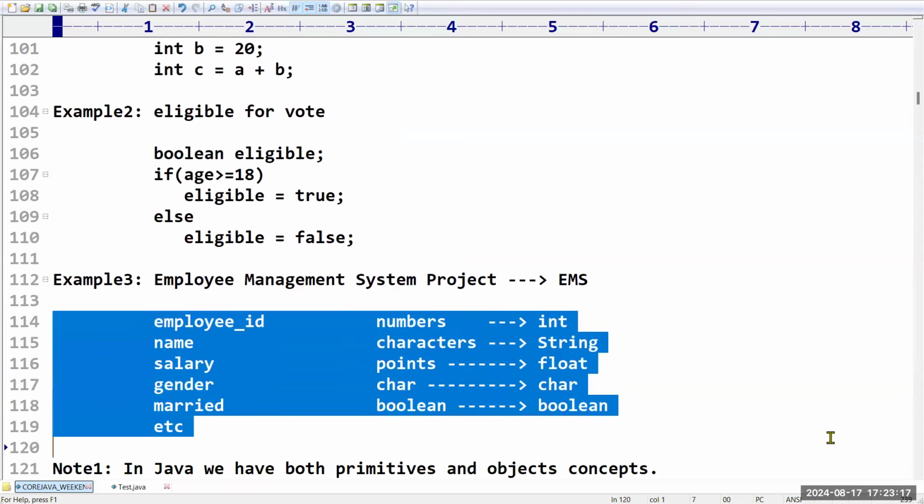Even if you take an employee management system, employee ID should be considered as integer. Employee name is going to be considered as a string. Salary is going to be considered as floating point because decimal representation will be there. Gender, either male or female, is character type of data. Married is Boolean type of data. Like if you take a small project,